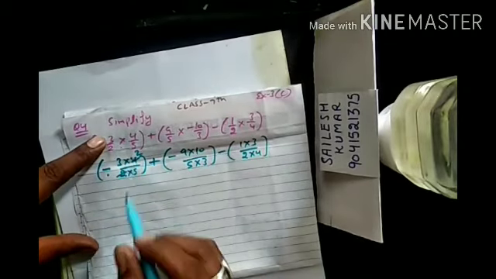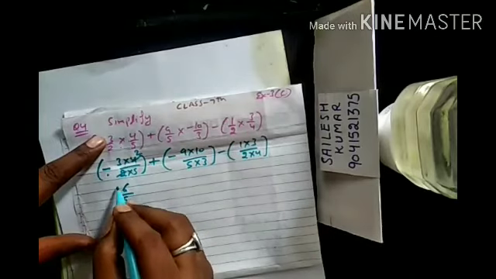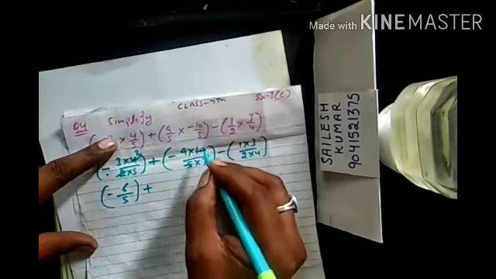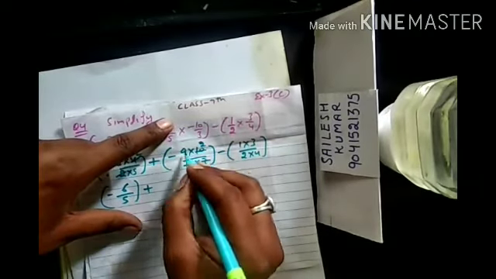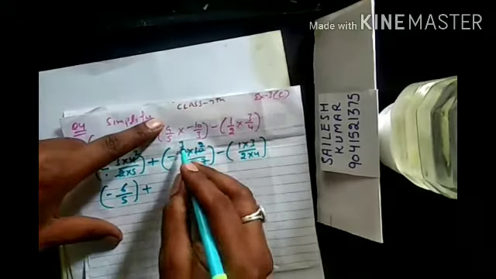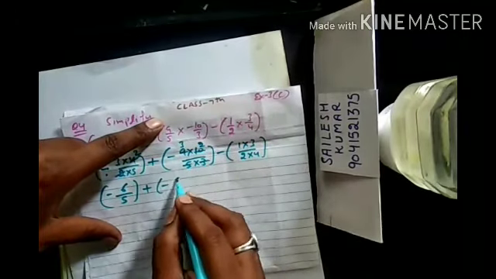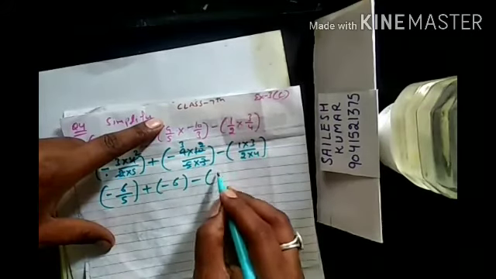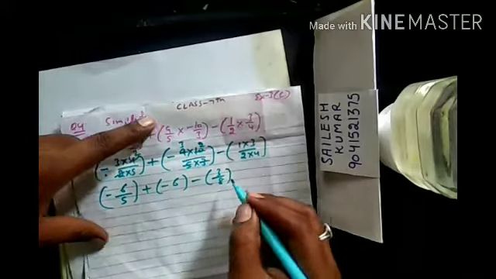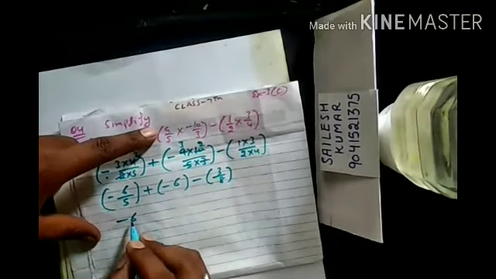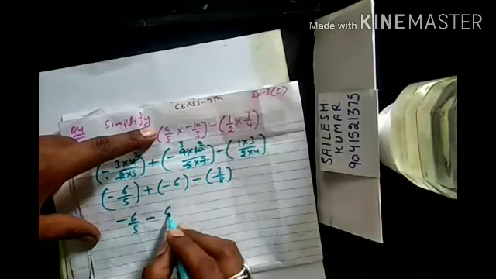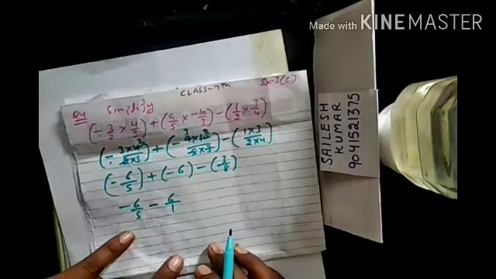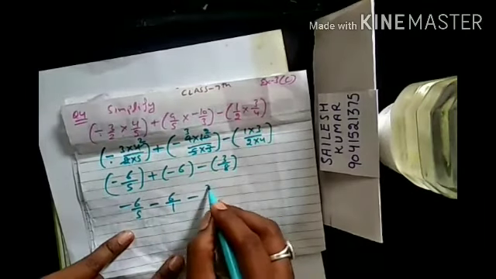Now 3 multiply 2, that is 6 over 5, that is minus, negative. So 5 cut 10 at the table of 2, and 3 cut 9 at the table of 3, minus 3 multiply 2, that is 6. Now minus 1 multiply 3, that is 3, and 2 multiply 4, that is 8. Now minus 6 by 5, plus and minus, that is minus 6. We will convert it into a rational number by writing 1 in the denominator, minus 3 by 8.